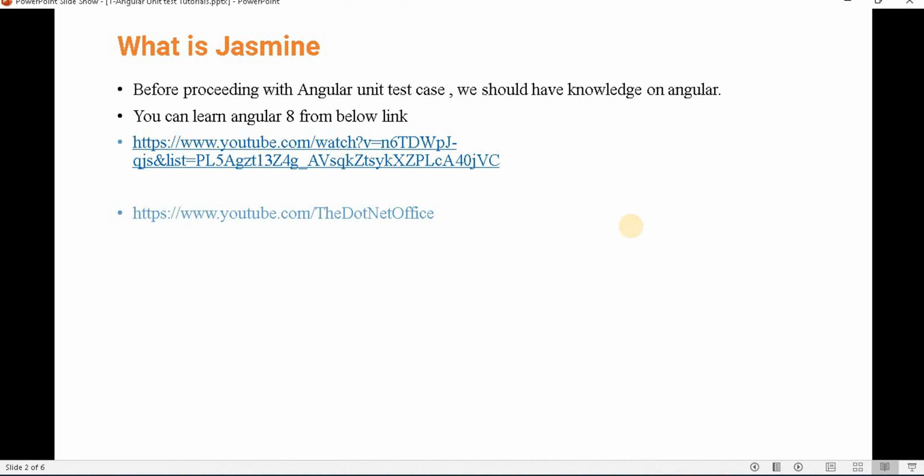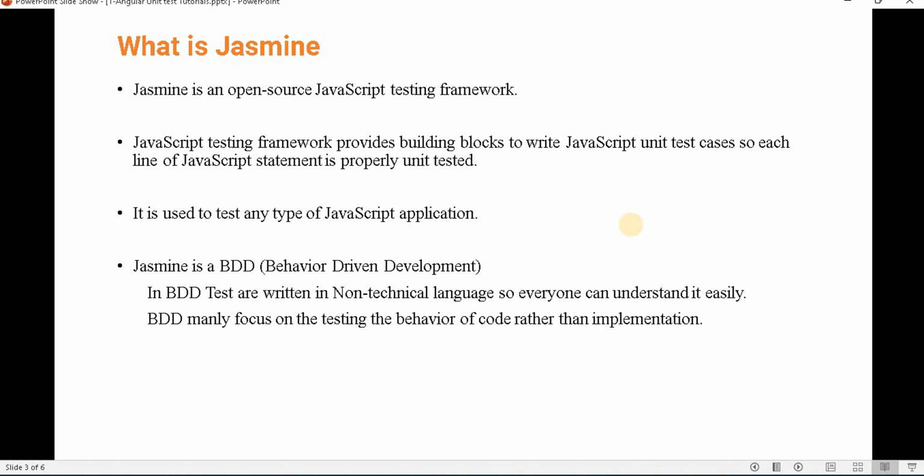So let's understand what Jasmine is. Jasmine is basically an open source JavaScript testing framework. And what is the meaning of a JavaScript testing framework? It gives us the facility to test each line of the code of the JavaScript statements.